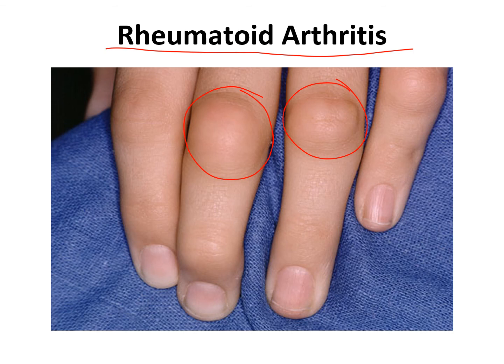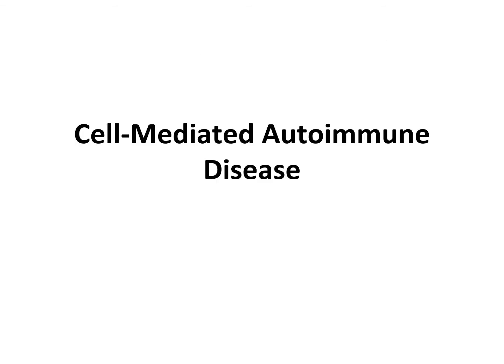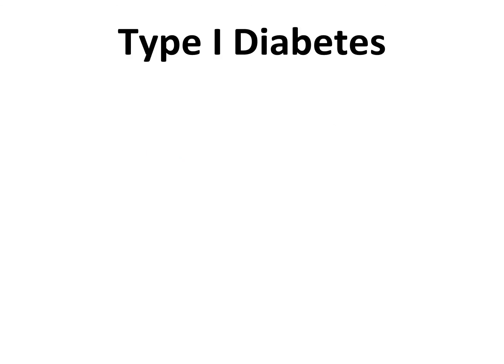It's an autoimmune disorder. The last general group of autoimmune disorders are cell-mediated autoimmune diseases, and this involves the T cells damaging tissues in the person's body. Type 1 diabetes is an example of a cell-mediated immune disorder. And for this type of condition,